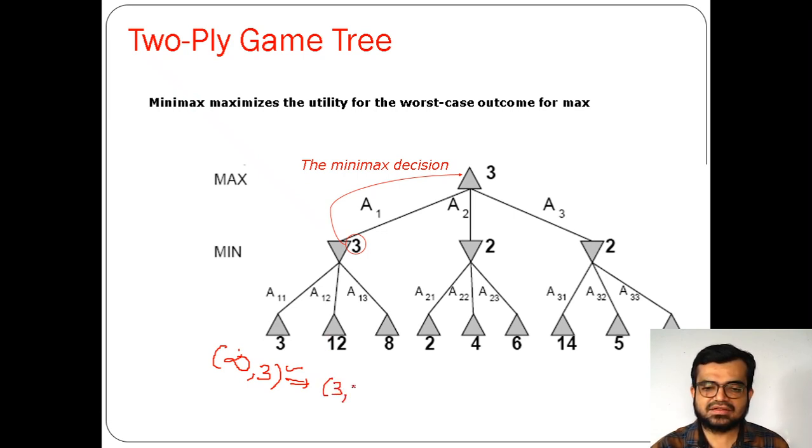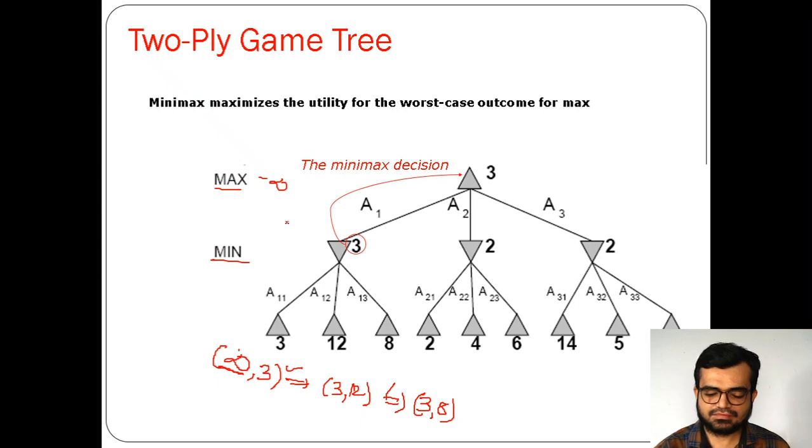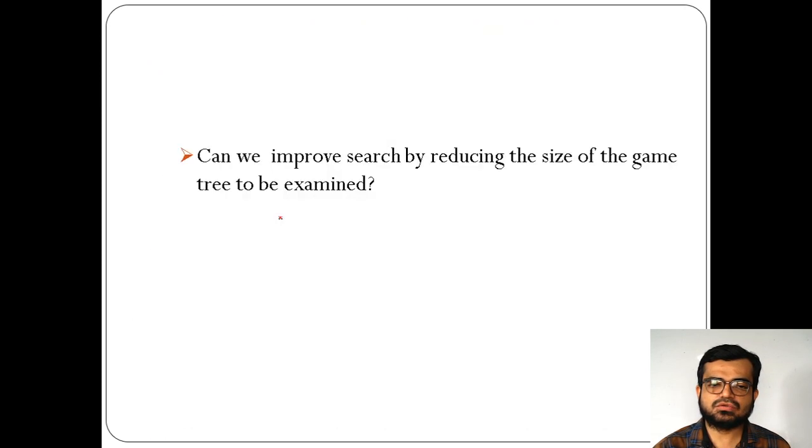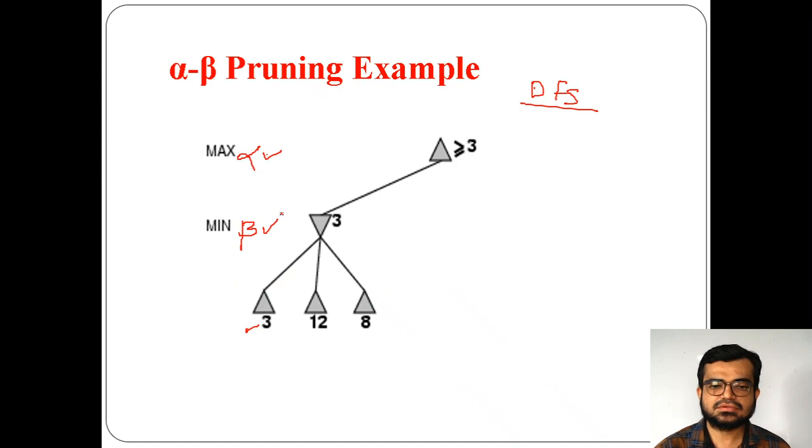Now what is the second value? I said 12. So here what is the minimum value? 3. Again 3 will be compared with 8. Which is the minimum value? Again 3. So while finding the minimum, you take plus infinity as the initial value, and while finding the maximum, the initial value for max is minus infinity. You can implement the same thing over here also, or directly take it here. For example, here the evaluated value which you got is 3.